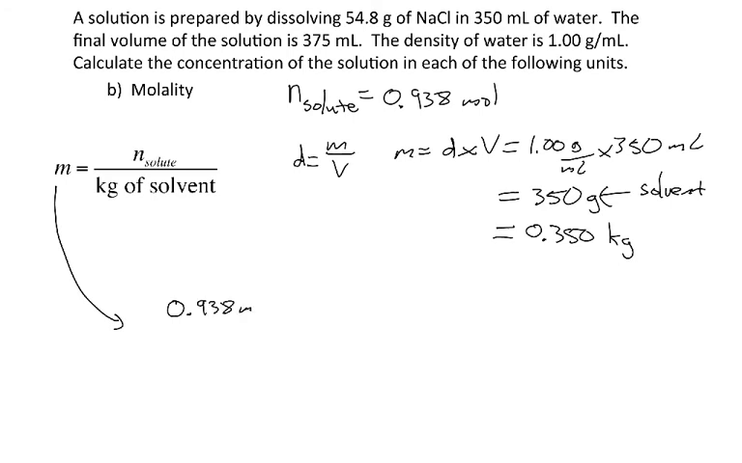So now, to calculate the molality, I just do 0.938 moles divided by the mass of the solvent in kilograms, 0.350. And so my molality comes out to be, to two significant figures, 2.7 moles per kilogram,